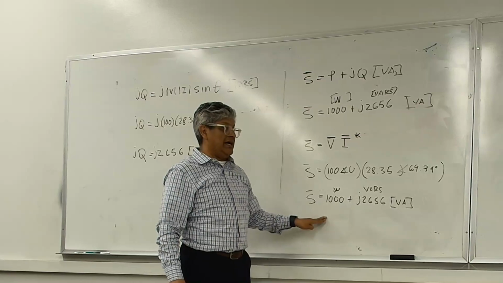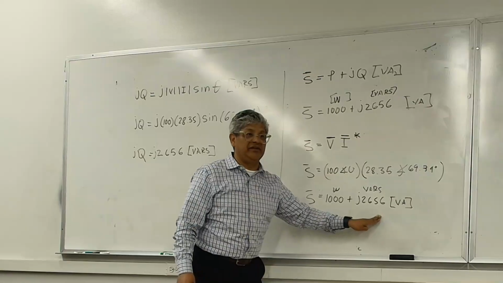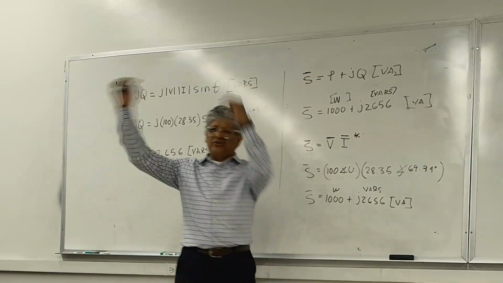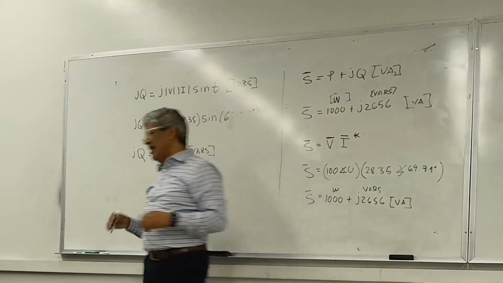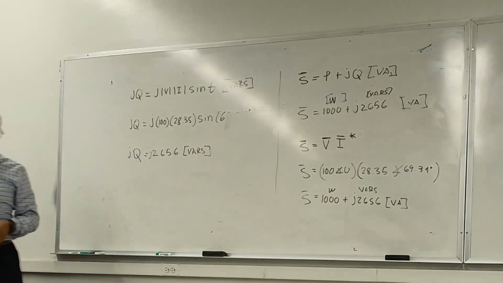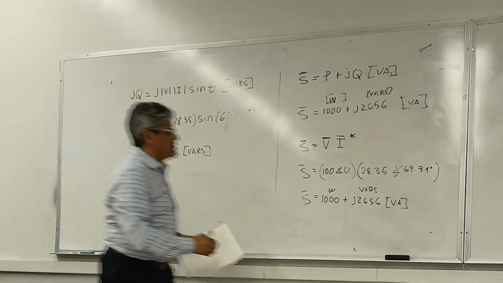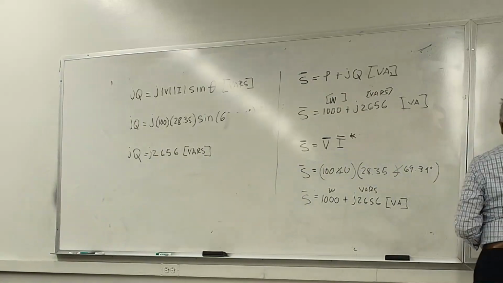And automatically you just got the real and the imaginary, the reactive power. You see how you can approach it different ways, and it doesn't really matter how you get there. All right, so then they said draw the power triangle,